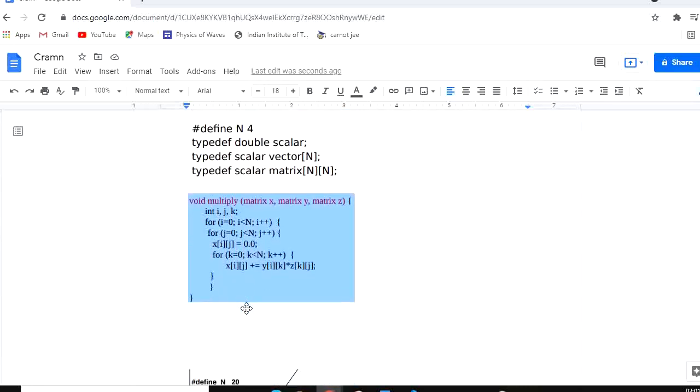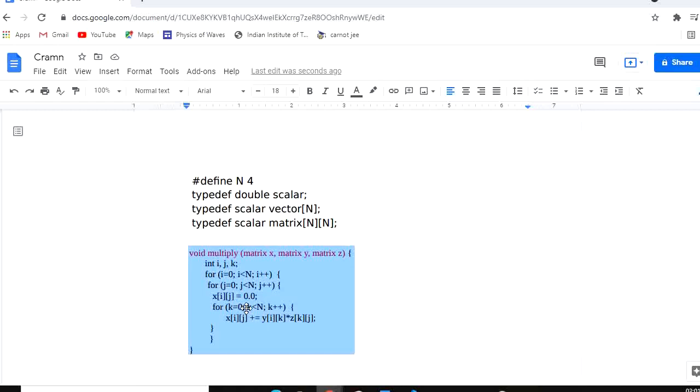Next we see a program for multiplying two matrices. First let us understand the hash define statement and the typedef command. #define N 4 is a preprocessor directive: wherever it finds the capital N, it just replaces it with the number 4. This is how hash define works. And typedef basically creates an alias name for a data type.